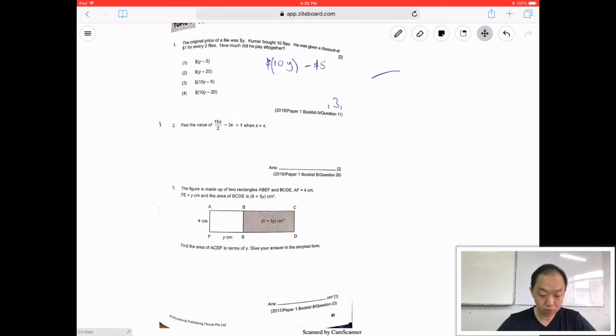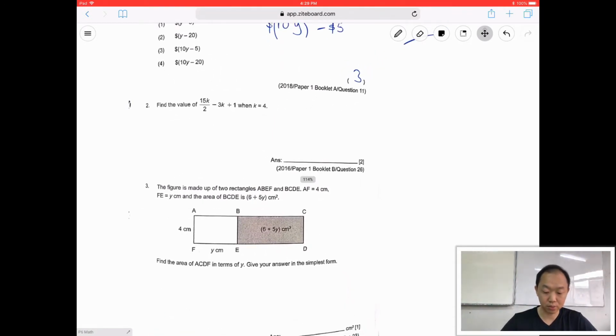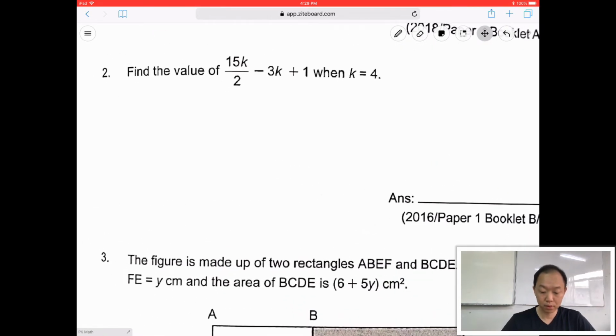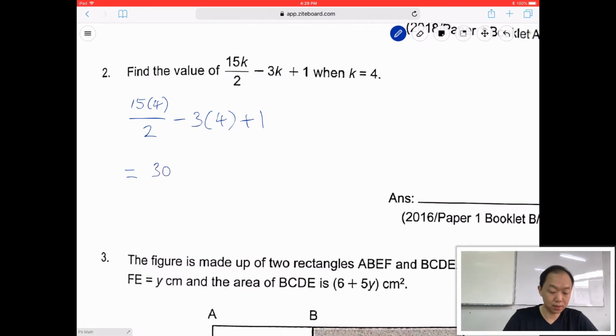Okay, next, question number 2. Find the value of 15k divided by 2 when k equals 4. So this is a simple substitution question. We just substitute. When k equals 4, we change all the k to 4. So 15 times 4 divided by 2, minus 3 times 4, plus 1. So 15 times 4 will be 60. 60 divided by 2 is 30. 30 minus 12 plus 1, which is 18 plus 1, so the answer is 19. Next,